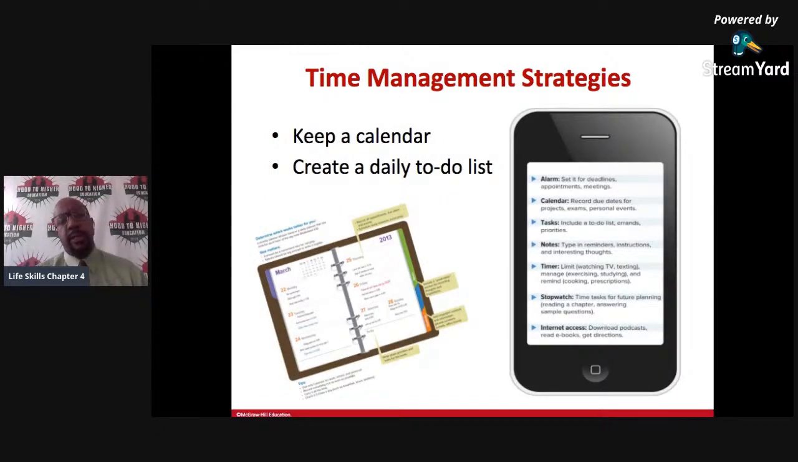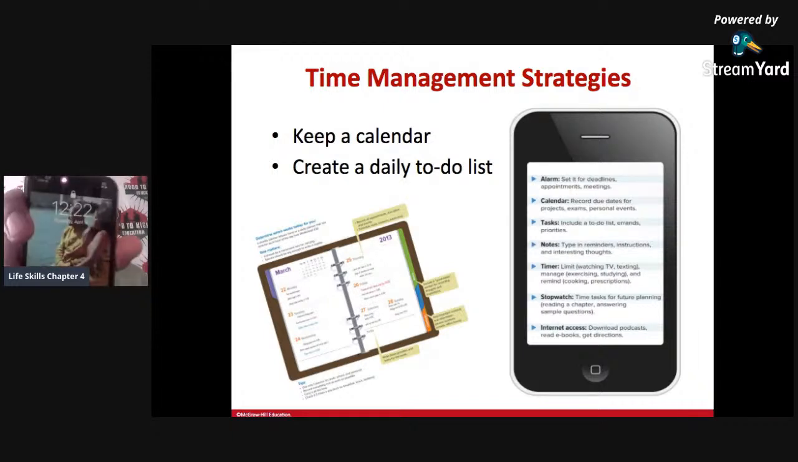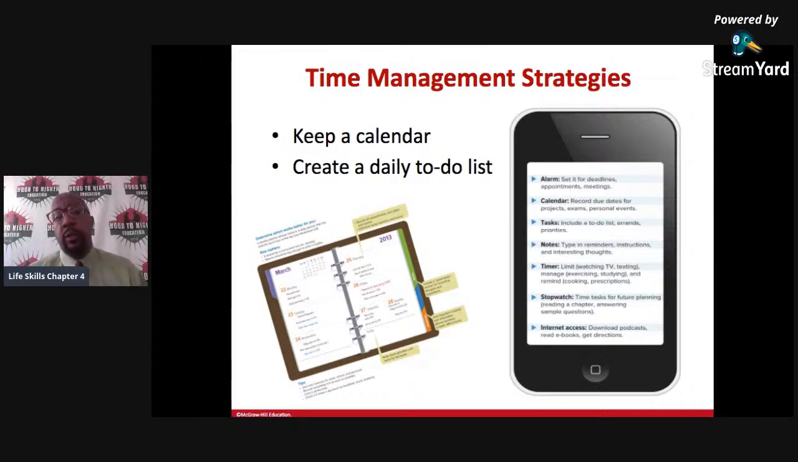Time management strategies. Keep a calendar. Some people still create and keep daily to-do lists. There are apps on your smartphone. Nowadays, we are in the smartphone era, and you can literally put all your important dates on your calendar, and you can have alarms that go off to remind you when you have a quiz, when you have that